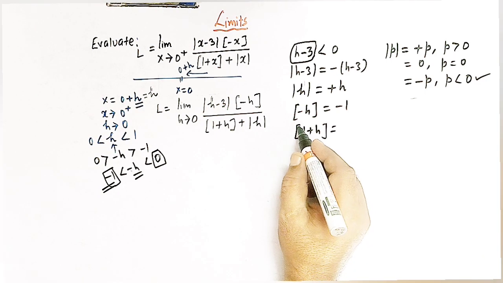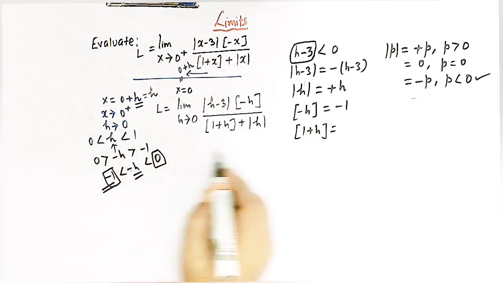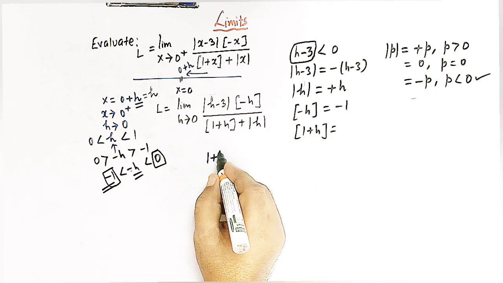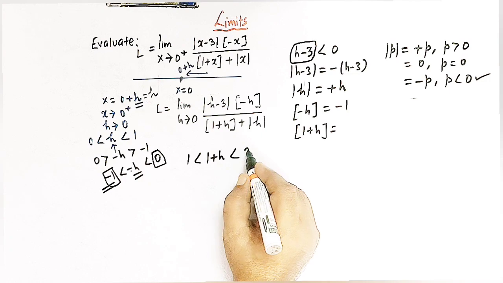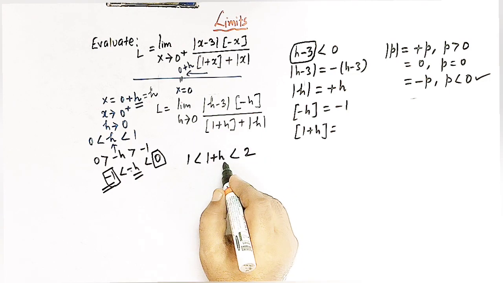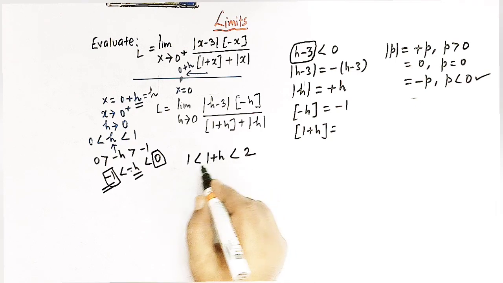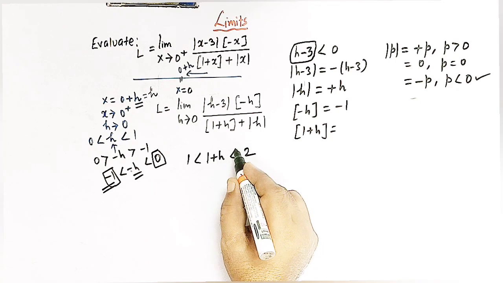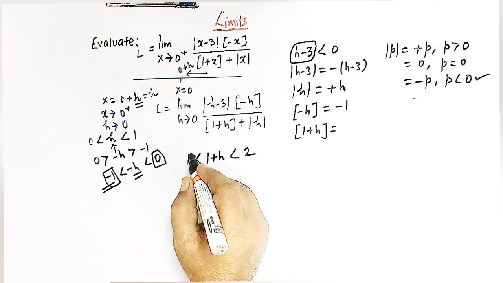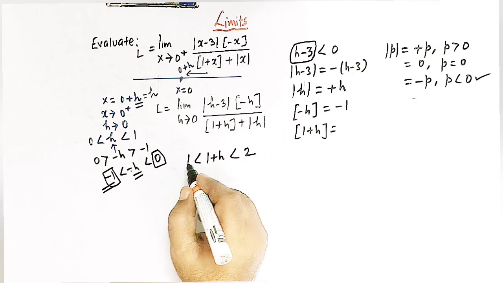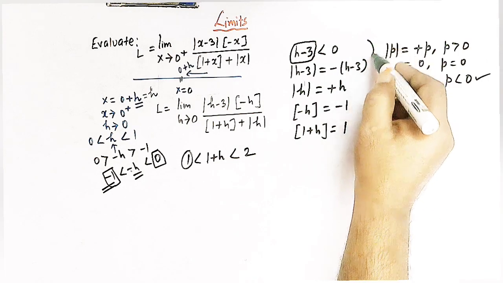And here we have greatest integer of 1 plus h. Now see, 1 plus h is slightly greater than 1, but it is less than 2, because h is positive quantity. So when we add h to 1, then 1 plus h is slightly greater than 1, but it is less than 2. So 1 plus h lies between 1 and 2. So the greatest integer of 1 plus h must be equal to 1, right? So now using these